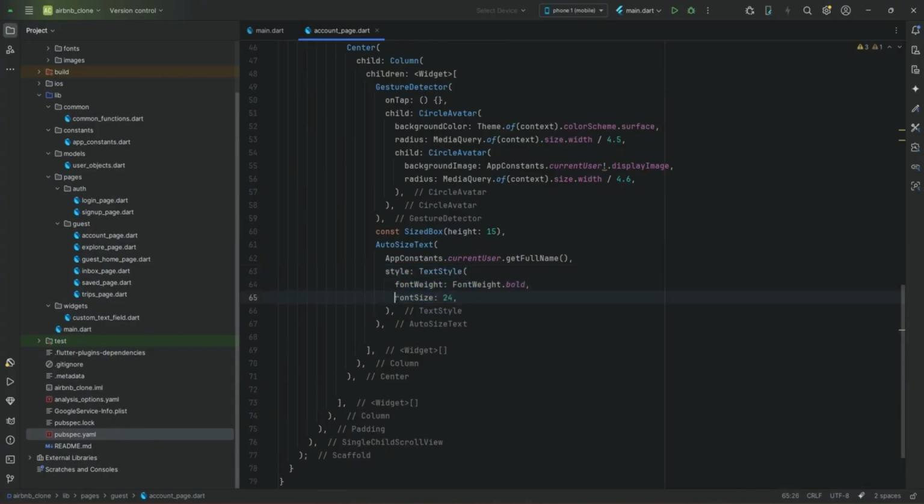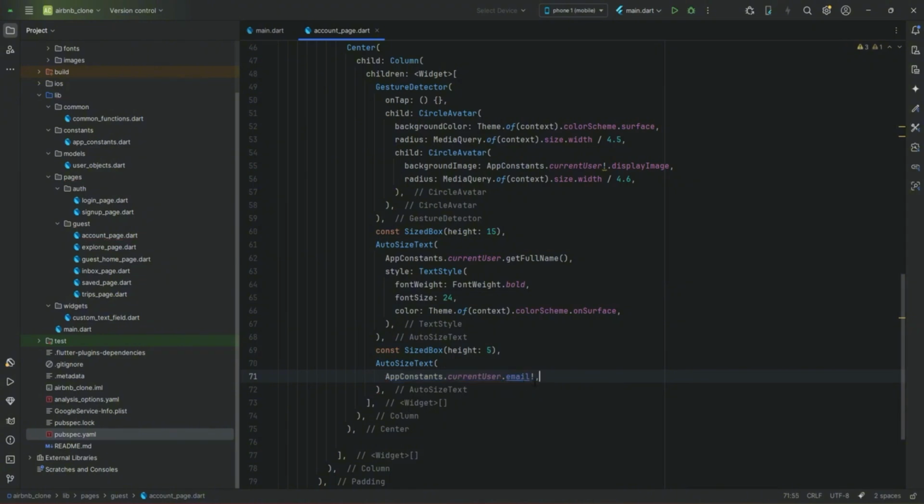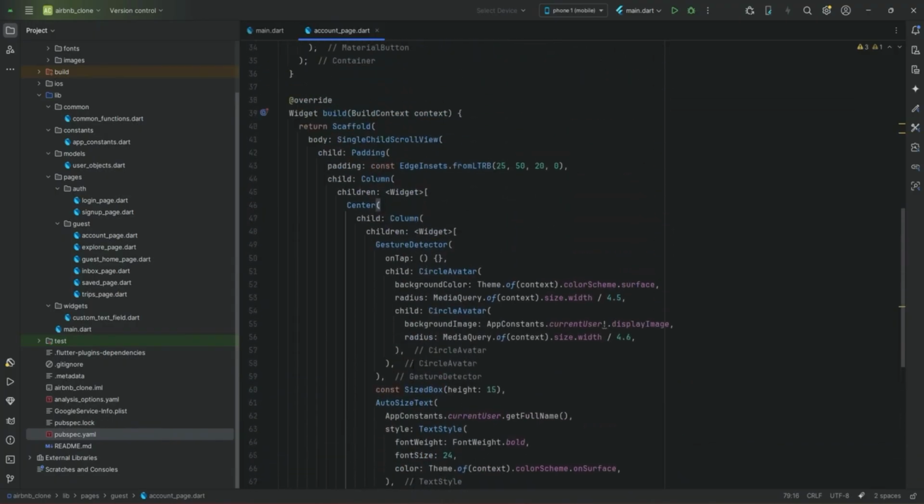By default it will be 24. Let's say if the username is too long, then it will auto resize according to the screen size, according to your phone size. Then after it we display the email, and then